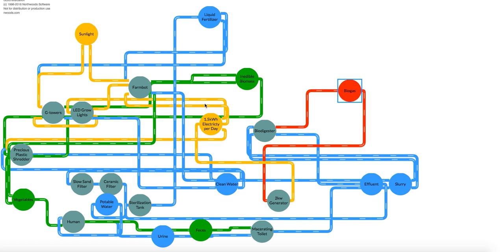Ideally, you can see that some of these are just general ideas, and some of them are actually specific quantities of things. Ultimately, what we want to create is a piece of software that actually does math for you. So that if you know that this, for example, is an IBC biodigester, this is an actual thing that exists, that we know if you give it a kilogram of biomass per day, you'll get a cubic meter of biogas, which can then run a 2 kilowatt generator for 45 minutes, which is equal to 1.5 kilowatt hours. And then if you know that you need, say, 80 kilowatt hours to grow food without sunlight, just from electricity alone,